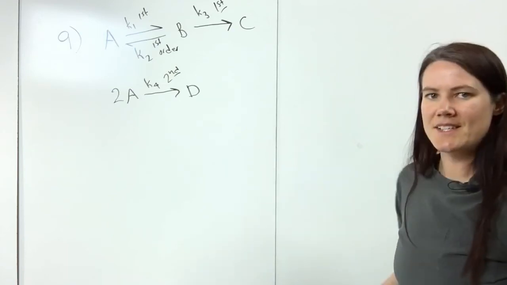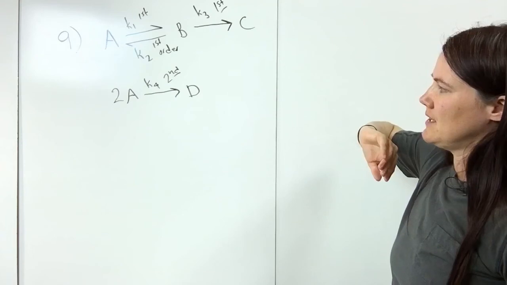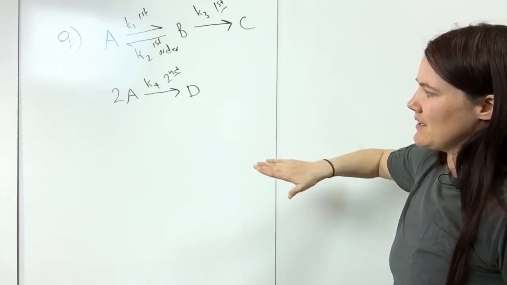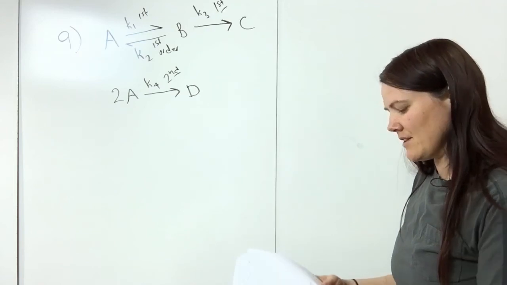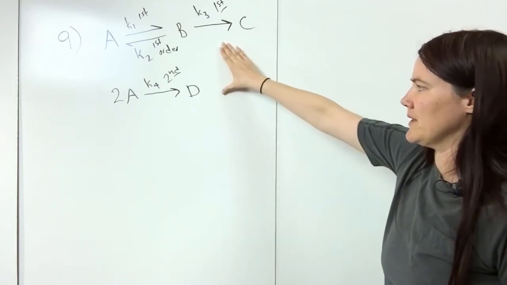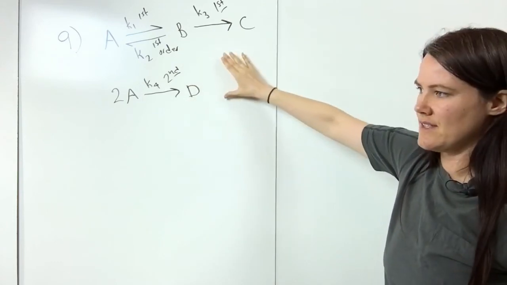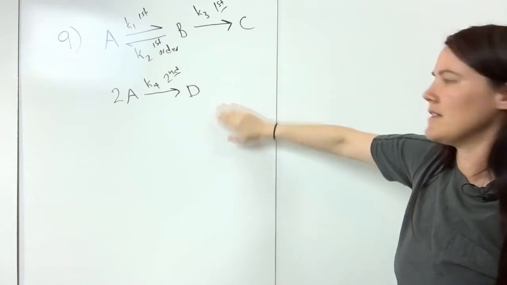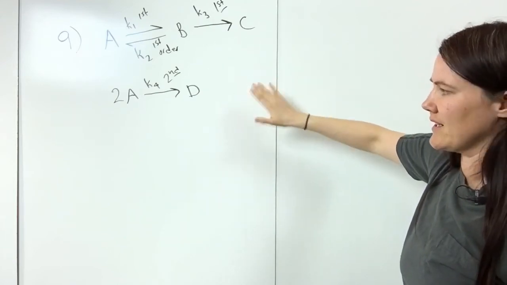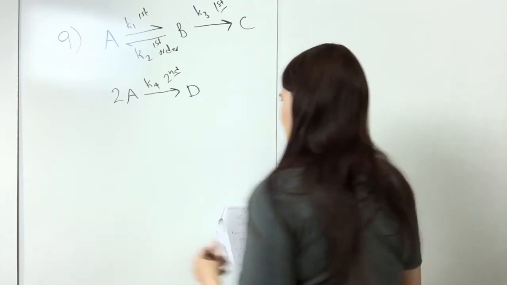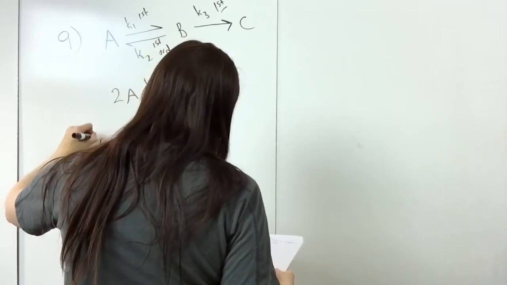So all this is asking for is your net rate laws, so RA, RB, RC, and RD. And so what you want to do, and this is what you want to do with any problem that you have in series, or if it just gives you a list of reactions that are occurring together, you always want to number them. So I'm going to renumber this as